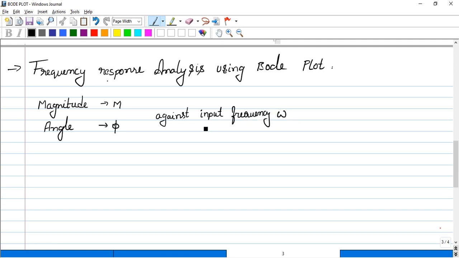If you remember, in polar plot we used to provide the input frequency with a range of 0